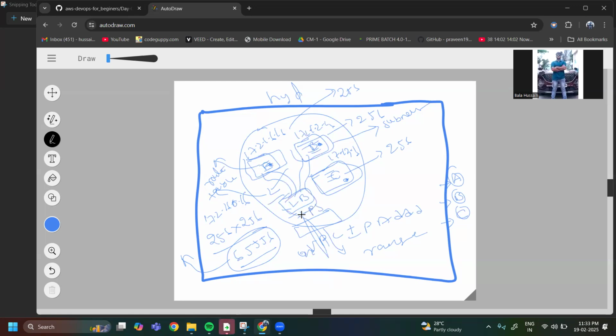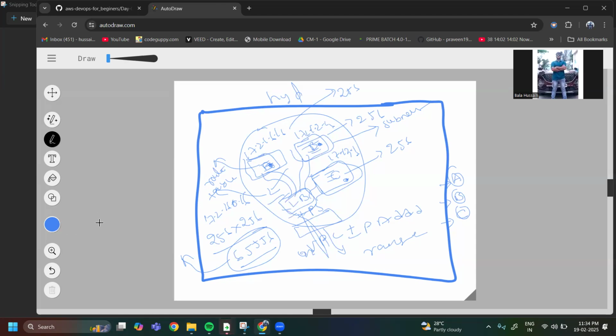Based on the load, it will route the traffic to different applications. We have three projects, and it will route the traffic to the projects. So how can we route to the projects? How can we set up the target?